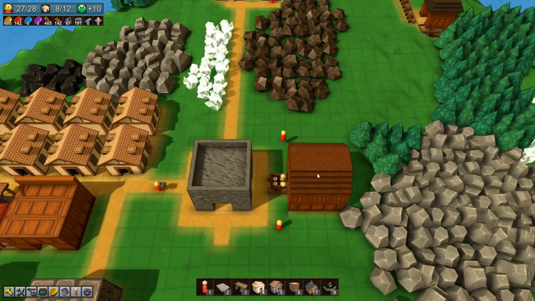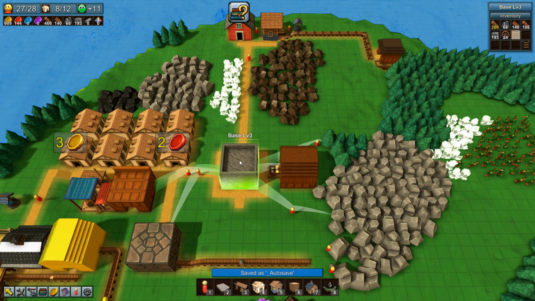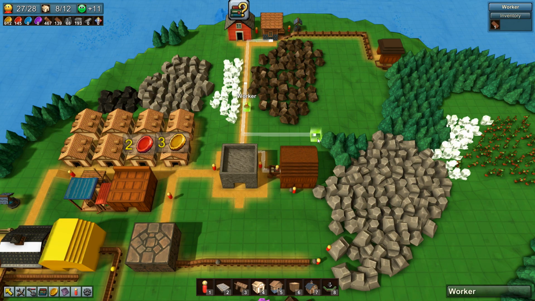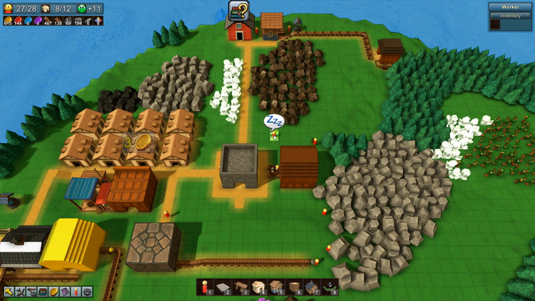Okay, so you're producing stuff there. You're simply waiting for wood, which is a bit of a problem. We do have loads of wheels, so I think I might do that. I'm very sorry, worker. You're going to deliver that bit of wood, and then you are going to...